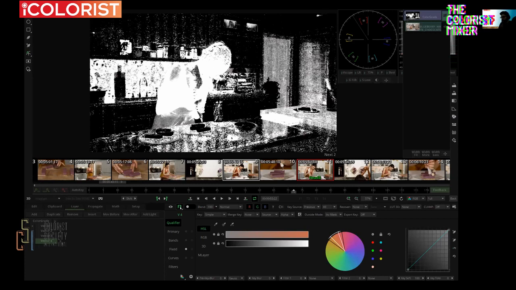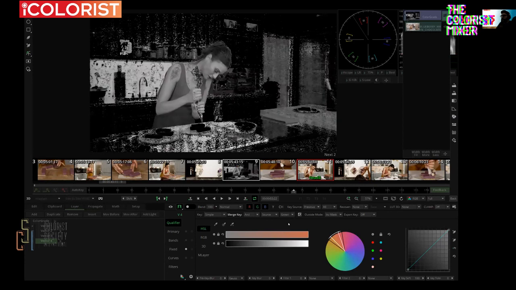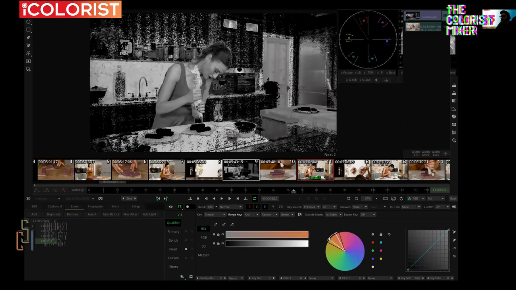In this redesign that SGO have done, they really wanted to help the colorists to make better operations within keys as well. So for example, we have here the merge key option now, and what I'm going to do is actually merge this key with another channel from a previous layer. So when I go here, instead of source or alpha, I'm going to multiply my red channel that I'm keying the skin tone with the green channel. And you can see there that now I have a really smoother